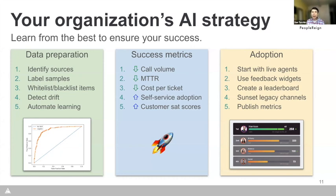And then lastly, publish metrics. So as a leader of your organization's AI initiative, be very clear up front about what the target metrics are, so that every other week, every month, et cetera, when you're in front of leadership, you're armed with data. And up front, you said, these are the kind of improvements that I want. Well, I guarantee you, if in that periodic meeting, you're showing tangible benefits